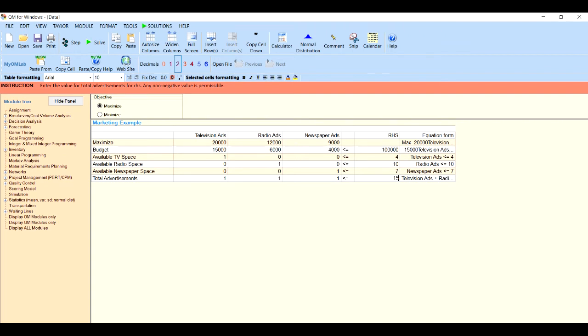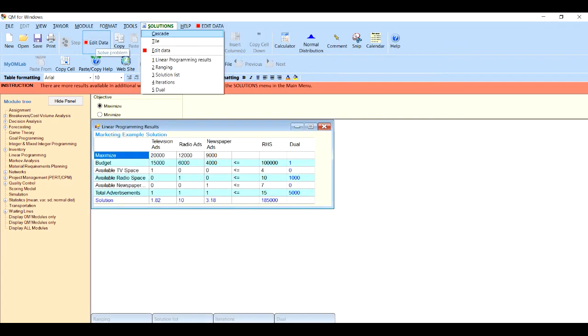That's why we use linear programming, and that's why we use QM or Excel, because they're telling us the best possible choice. If we enter the data correctly, the computer program will solve, and it will tell us what our best choice is. So let's hit the solve button here, and we see now